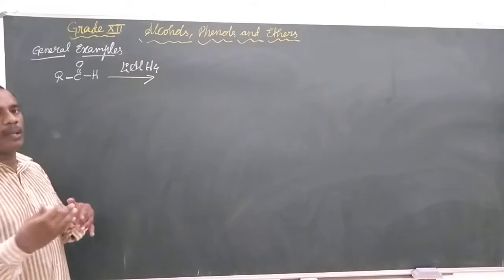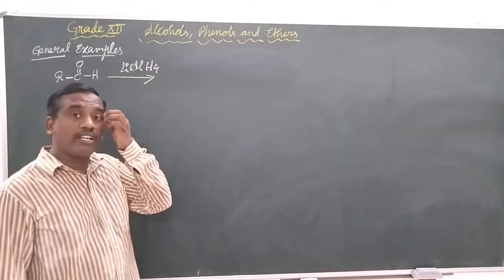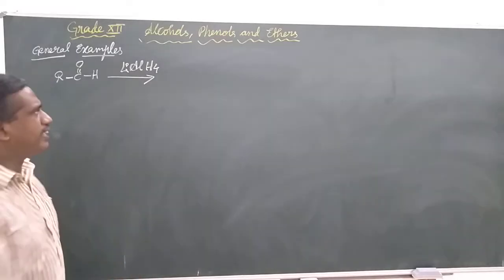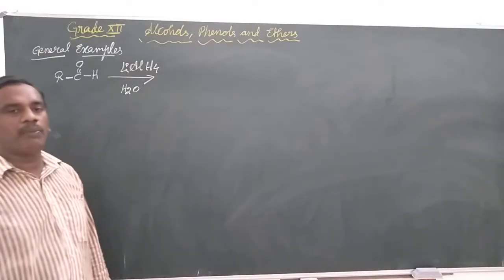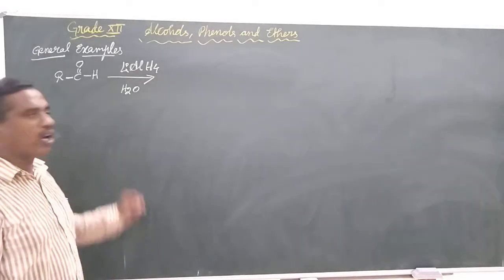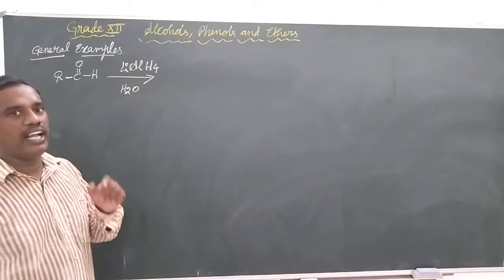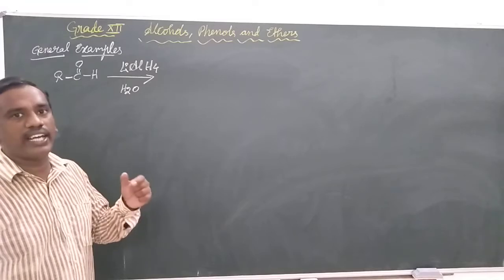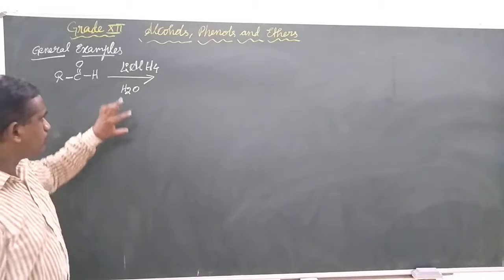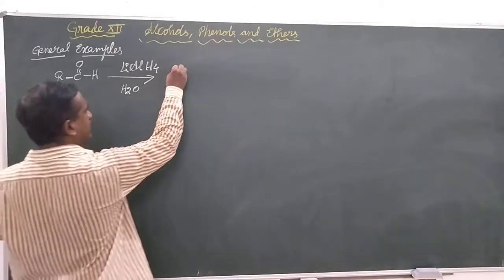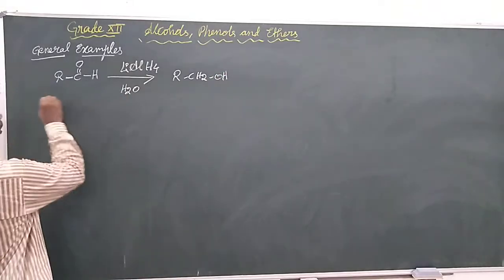Hydride to go through the mechanism. Whenever we use any reagent in the objective, generally they will be given some medium in which they are dissolved. The medium that we had already discussed, whenever we use lithium aluminum hydride, we are going to use water, because the alkoxide ions that are generated are insoluble. In order to hydrolyze them, we are going to use the water. We will be getting them in the mechanism. So basically the product that we know is RCH2OH. But let us see how this will work.